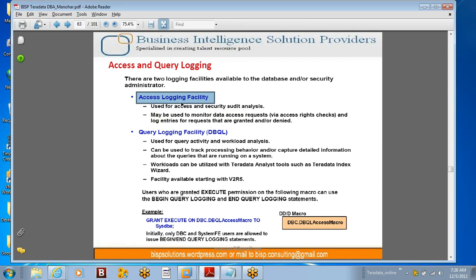These mechanisms are to track access, which means whenever the user logs in, what messages he got, and whether he was able to log on or not. And if you want to track his actions for a particular user, say you have some question about the accesses this particular user has and you want to track what he is trying to do. As an application DBA, you are responsible for securing